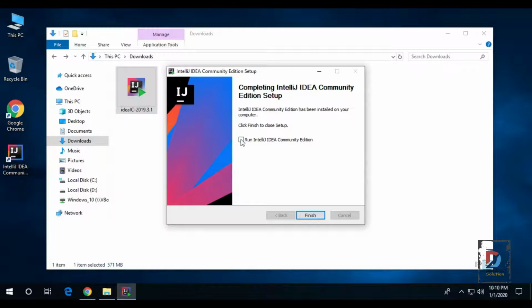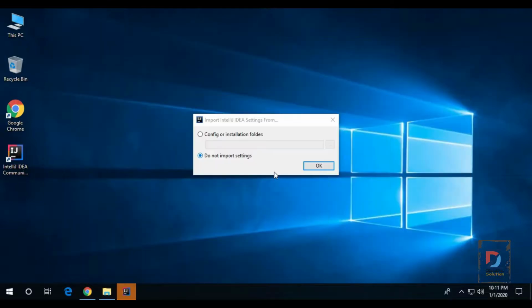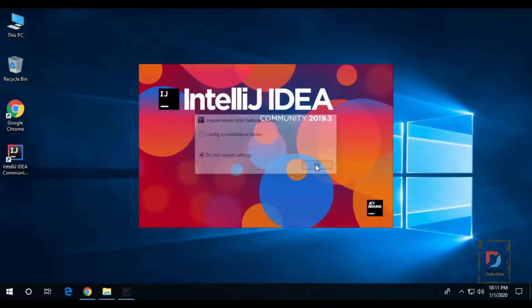I want to run IntelliJ IDEA Community Edition right now, so I will click on this checkbox and then click on Finish. Here you can see a configuration wizard has popped up. I don't want to import any settings, so I choose do not import settings. Okay,